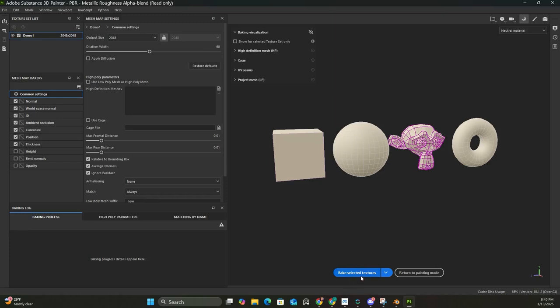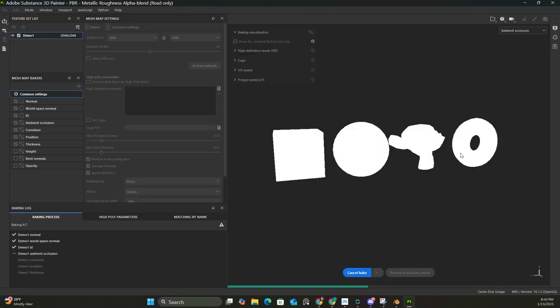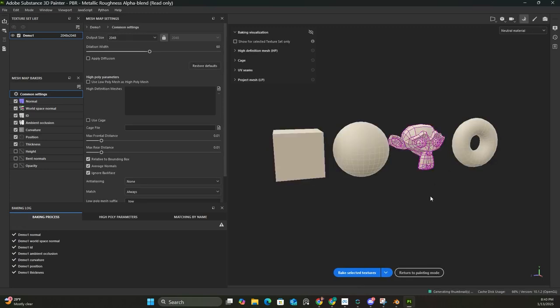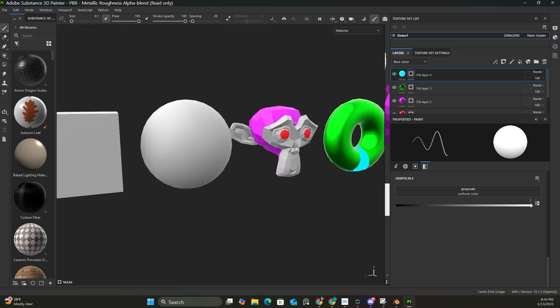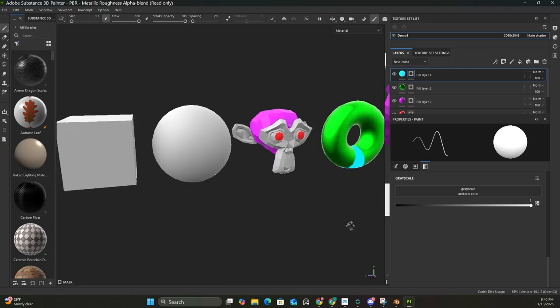And now what I'm going to do is select this blue button, which is Bake Selected Textures. So I'm going to go ahead and click on that. And as you can see, now it's going to work. And so basically what this is doing, it's saying, hey, I need you to measure my topology. I need you to measure my mesh. I need to know what's high, what's low, what's creased in, what's creased out, stuff like that. So now in order to get back to where I need to go, I can go to return to painting mode. All right, sweet. Now I'm back in painting mode, and you kind of can see